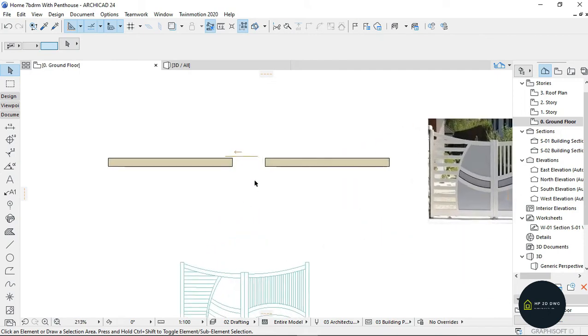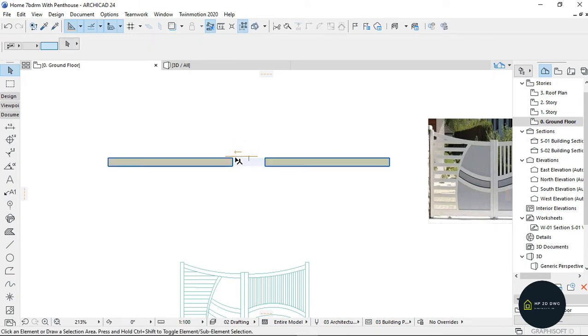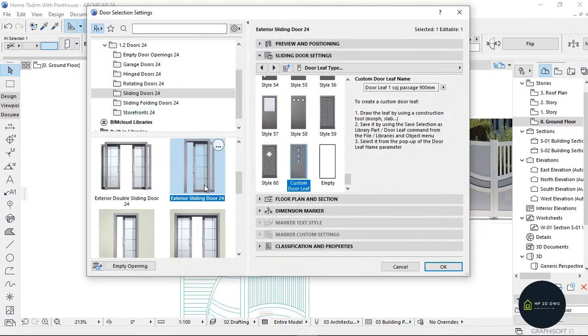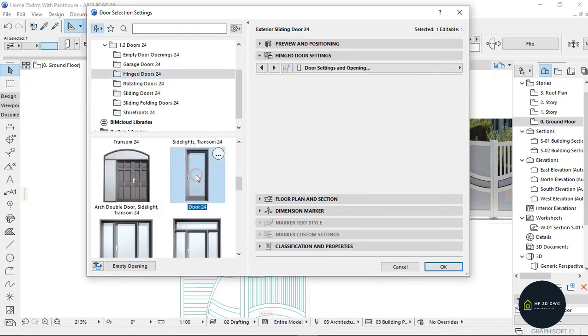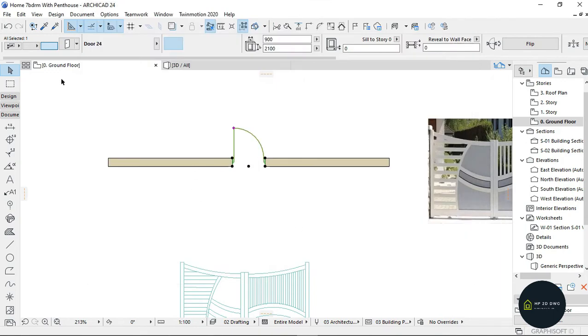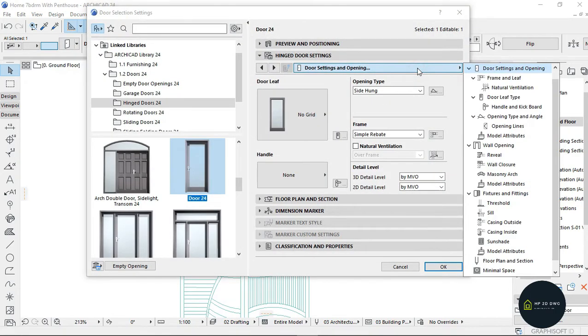So I'm going to go back to this. I'm going to select on the door. Go to settings. I don't want exterior sliding door. I want hinge door, and I want it to be door 24. I'm going to click on OK. Then go back to the settings again. Click on door opening and settings,